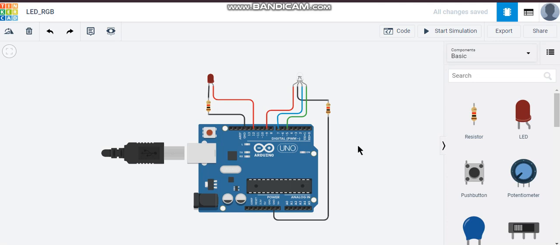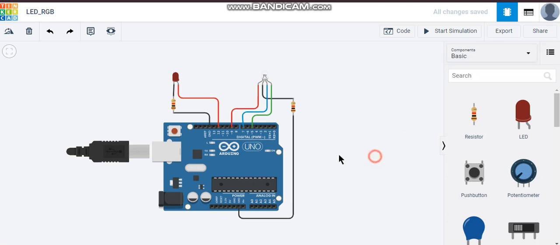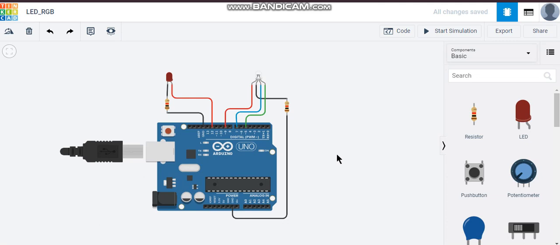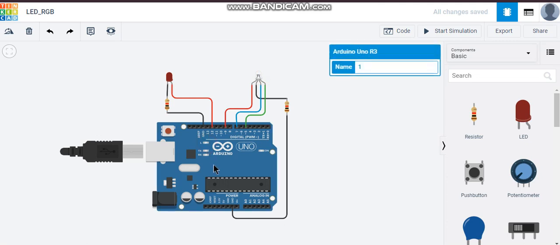Hi, welcome to another Tinkercad tutorial. Today we're going to learn how to make these three LEDs glow using block codes. So the first LED is this RGB LED here, the second is this red LED, and the third is this inbuilt LED. So go to code,